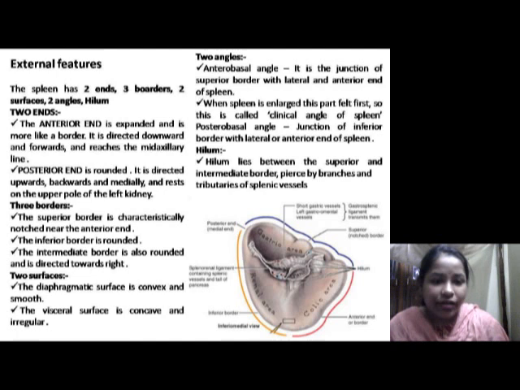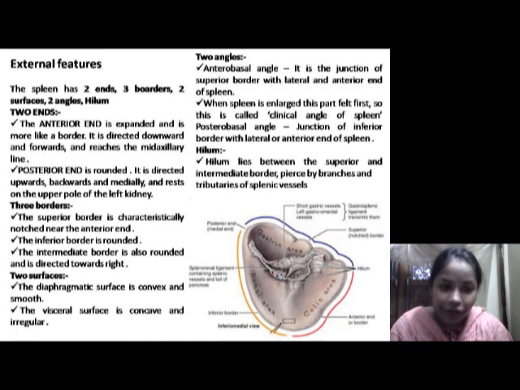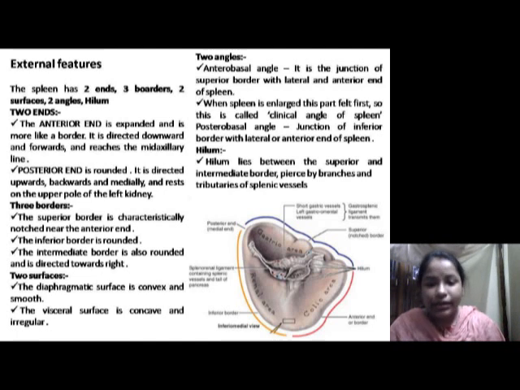The diaphragmatic surface is convex, smooth, and is directed upward, backward, and to the left, except at its upper end, where it is directed slightly to the middle. It is the undersurface of the diaphragm which separates it from the 9th, 10th, and 11th ribs of the left side, and the intervening lower border of the left lung.